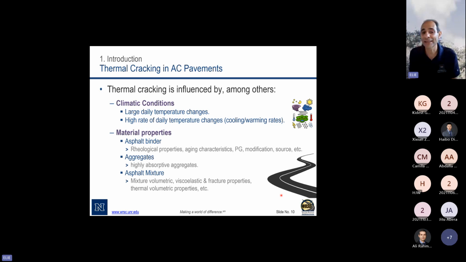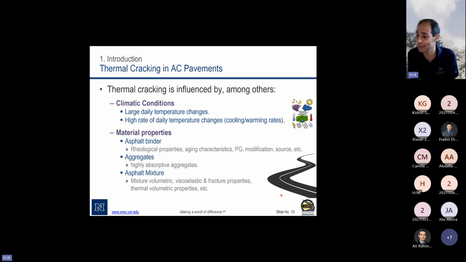But this is all relative to the material that is being used. So you need to consider specific binder properties and aggregate properties. And within the binder properties, we want to focus not only on the rheological properties, but also the chemical properties, or what we call the aging properties, and the relationship between rheological and chemical properties. Because you can have a good rheological property, but it may be susceptible to aging. So that relationship is very important. And on the aggregates, I'm also going to show you very good examples with the data about the absorption of the aggregate.